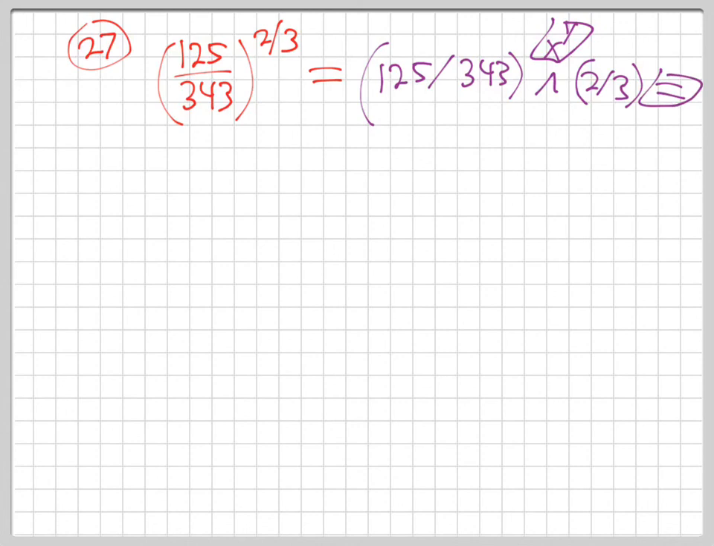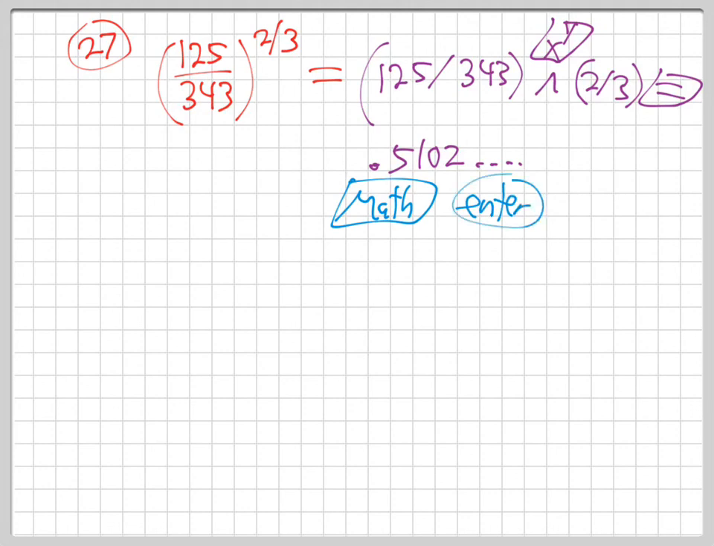Now some of the other calculators. Oh, and then when you get your answer, you'll get a decimal. You get like 0.5102 blah, blah, blah. And then you have to change it back, because they want a fraction answer. The way to change it back on the TI graphing calculator is to hit the math button, and then enter twice. It'll change it back to a fraction, and your final answer will be